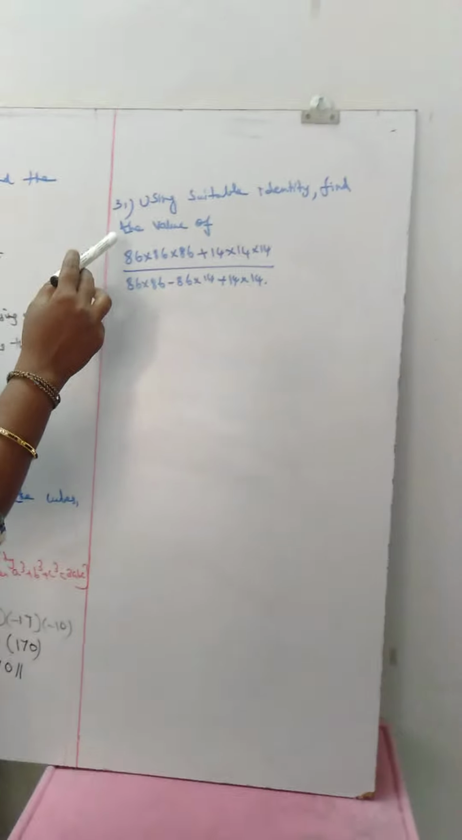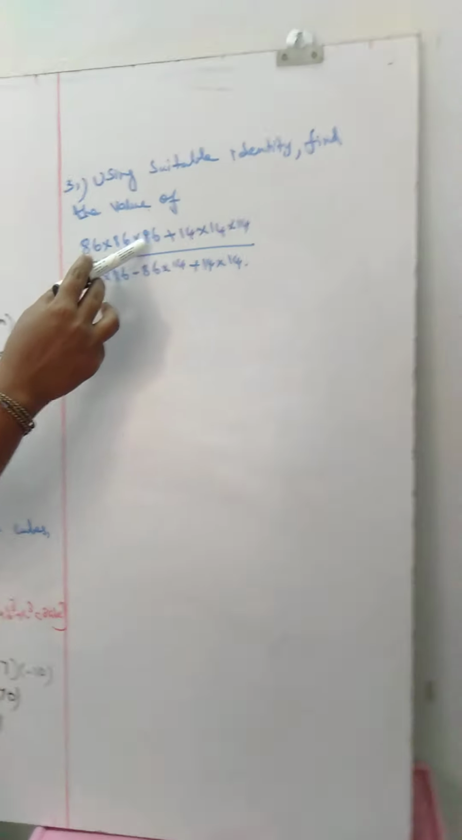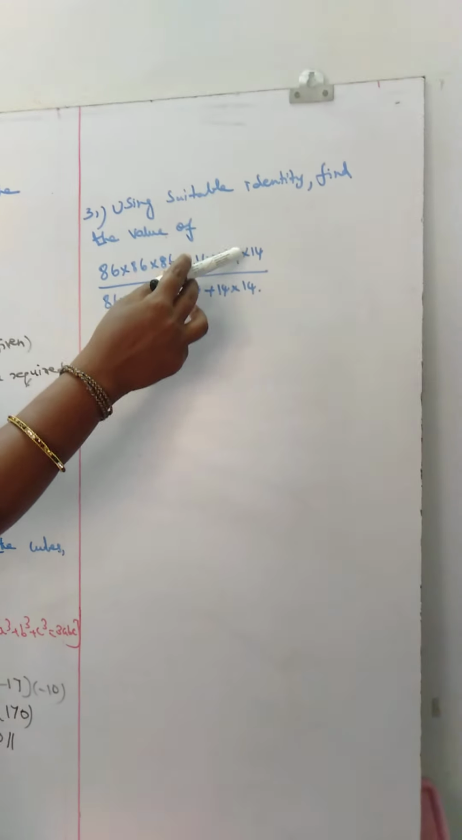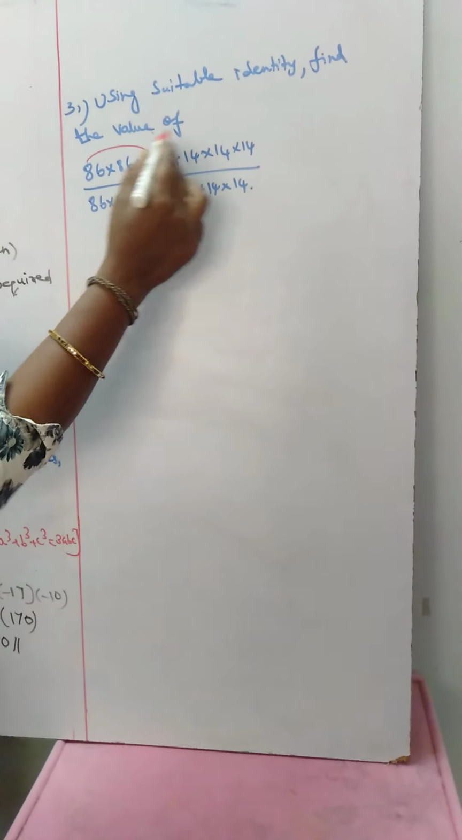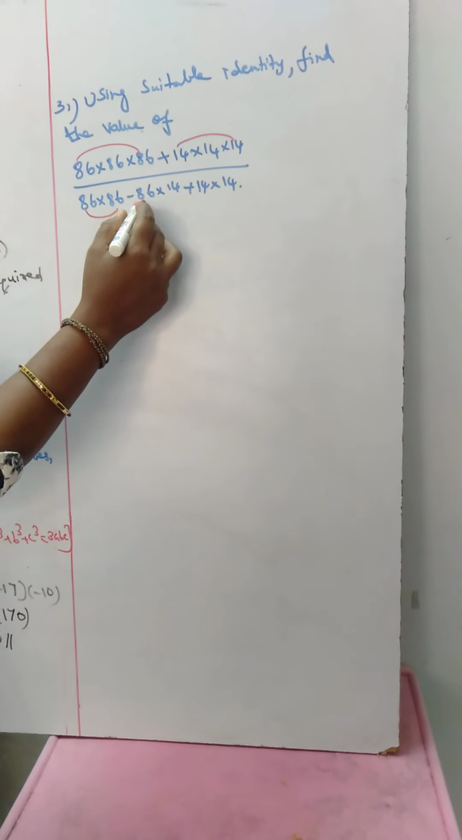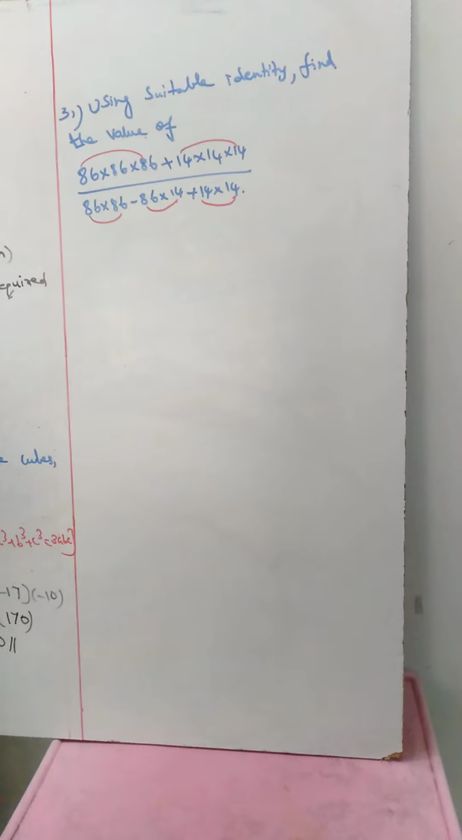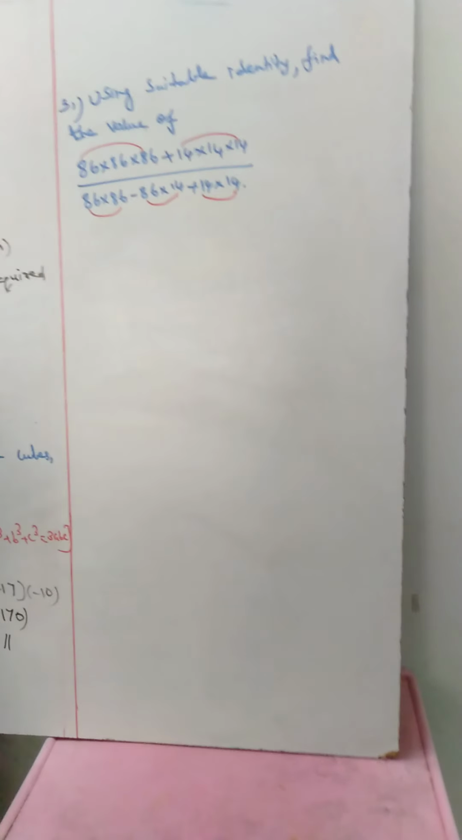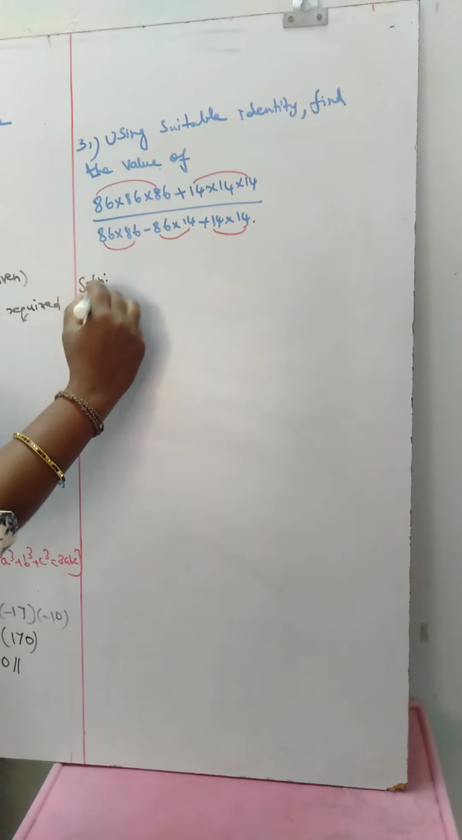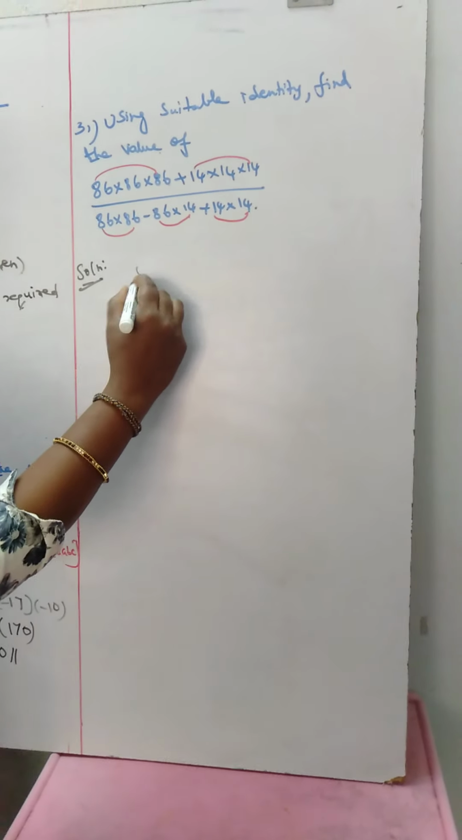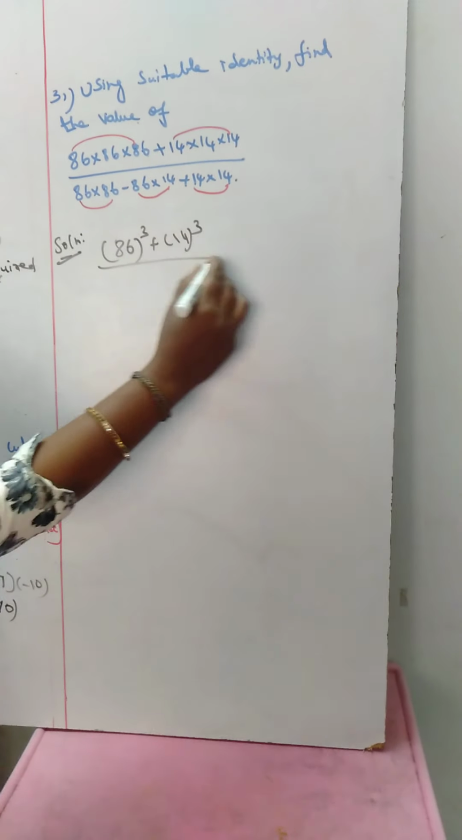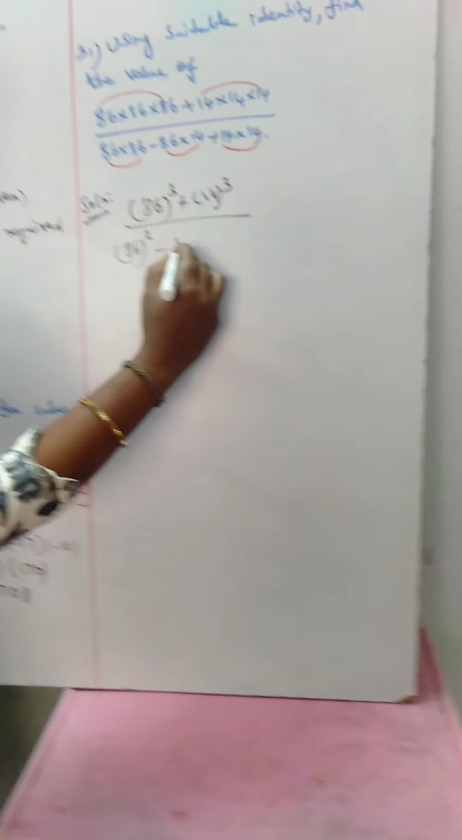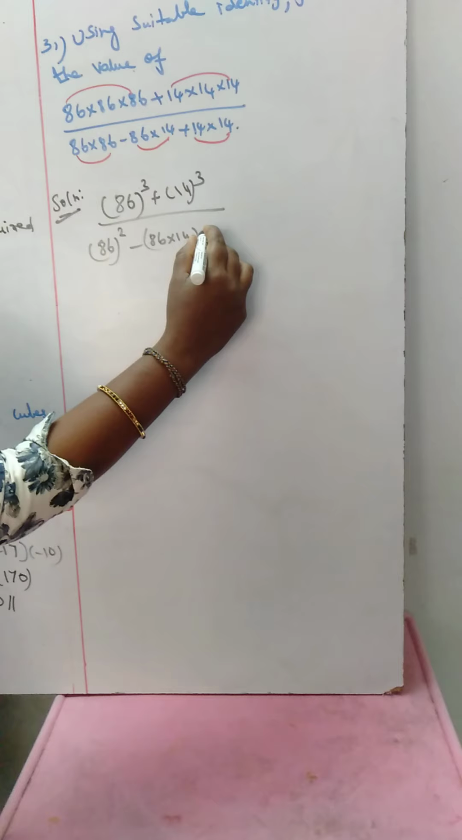Using a suitable identity, find the value of 86 into 86 into 86 plus 14 into 14 into 14 by 86 into 86 minus 86 into 14 plus 14 into 14. Here we are considering this 3 as one term and this 3 as one term, and this 2 as one term, this 2 as one term. So the solution is the last sum of this exercise 3.1. So this can be written as 86 cube plus 14 cube by 86 square minus 86 into 14,